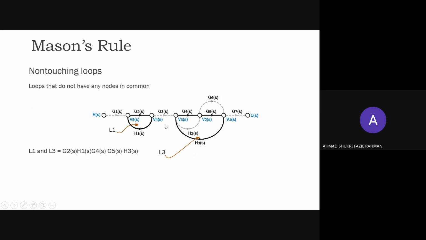Okay, so you can see from this example between here and here. They both not share the same path. Kedua-kedua loop ni tak berkongsi satu laluan okay, berada di laluan yang berbeza. Contoh ada G2 dengan H1 untuk L1, tapi untuk L3 ni G4, G5, H3. So you can see these two loop are not sharing the same path. So you can see G2, H1, and then for this one for L1 and then for L3, G4, G5, and also H3. They both not share the same path.